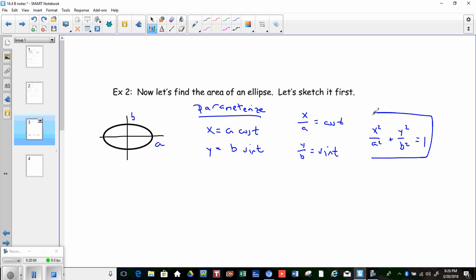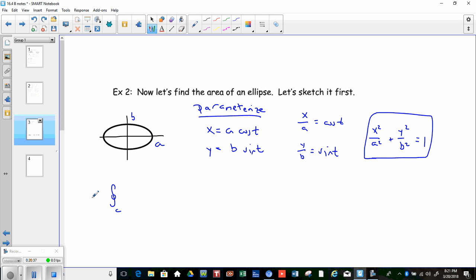And this right here is the standard equation for an ellipse, where whatever is under the x, this value A, is going to be on the x-axis. Whatever is under y is the length here on the y-axis. So the major and minor doesn't really matter, because you could have a major axis vertically as opposed to horizontally, but you do have to match the x with the A value here and the y with the B value up here. In any case, we're going to go ahead and show Green's theorem